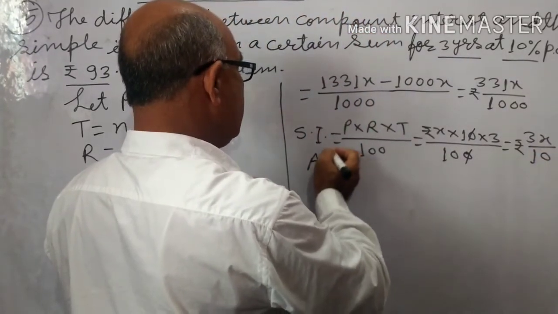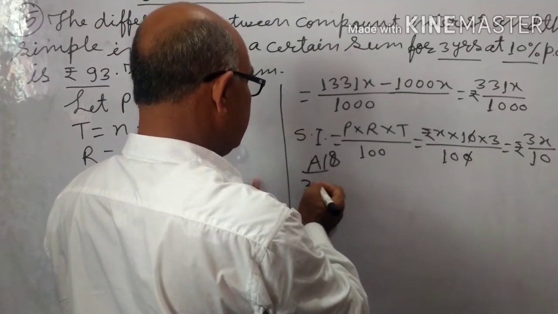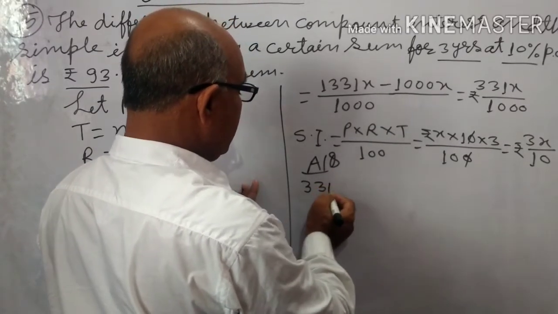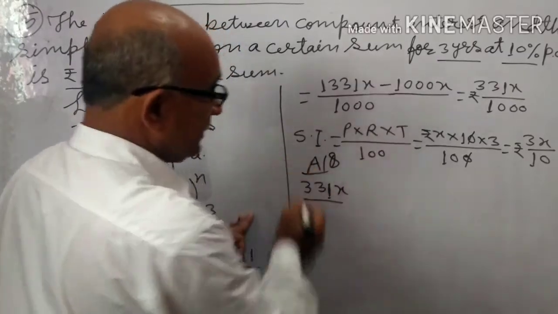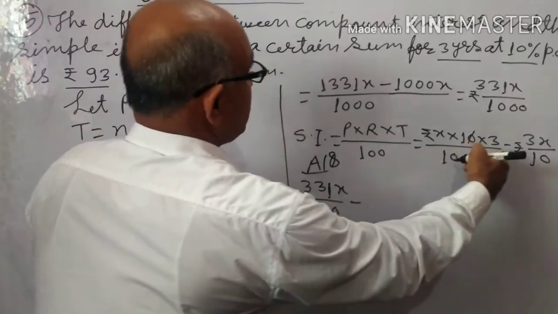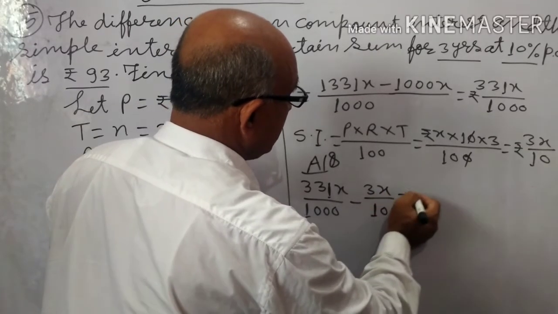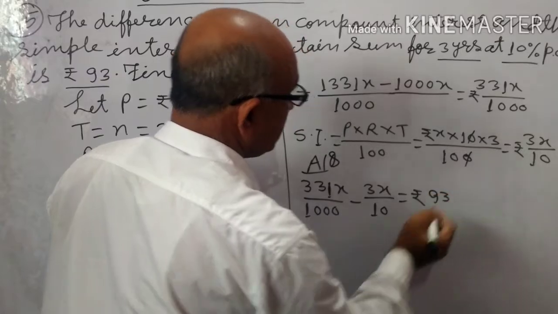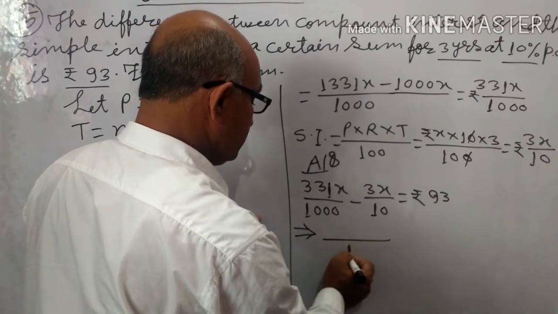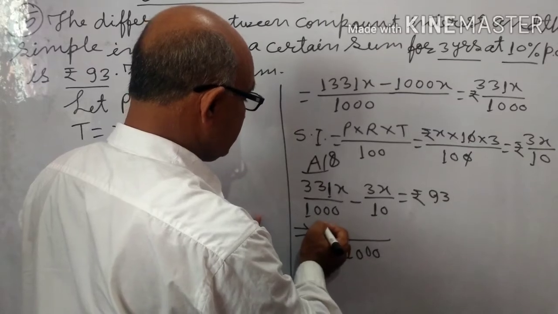Now according to the question, the difference between compound interest and simple interest, 331X by 1000 minus SI 3X by 10 equal to rupees 93. That implies LCM is 1000. So 331X